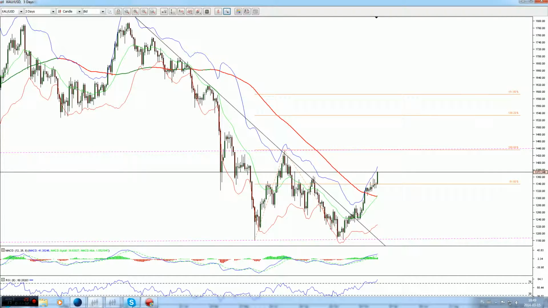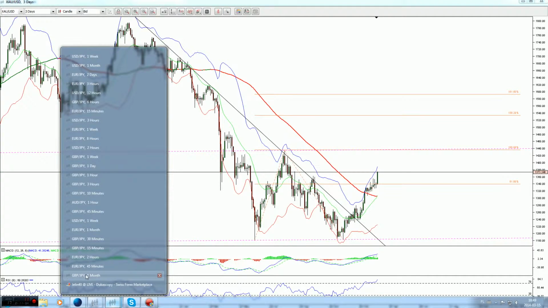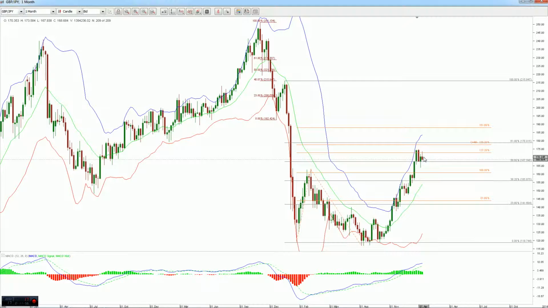Okay, good. Anyway, Japanese yen, Great Britain pound. A red candle, currently a red candle. We are in the midway of the previous candle, and again, one candle before. I mean, the January candle was a strong red candle. The February candle was not able to break through the January candle. So this was a kind of weakness on this market, and now the current one may follow this pattern or